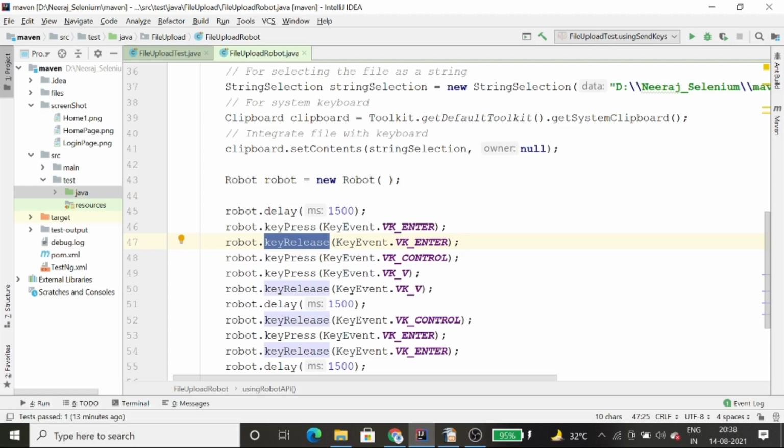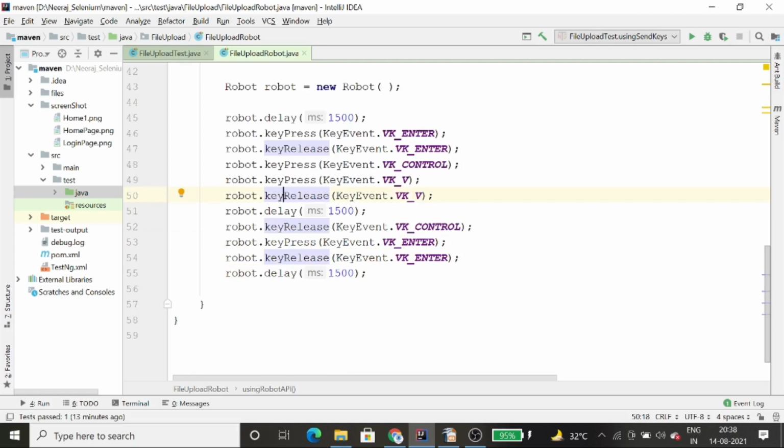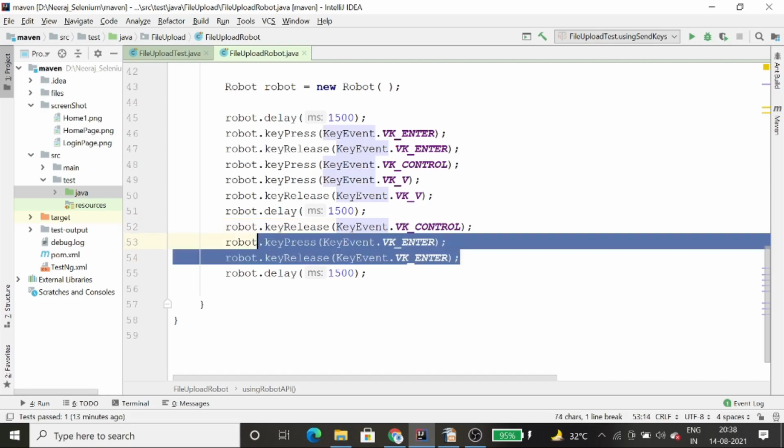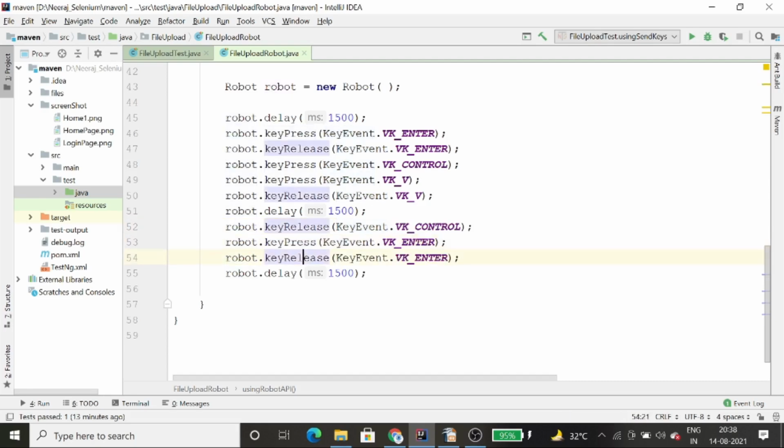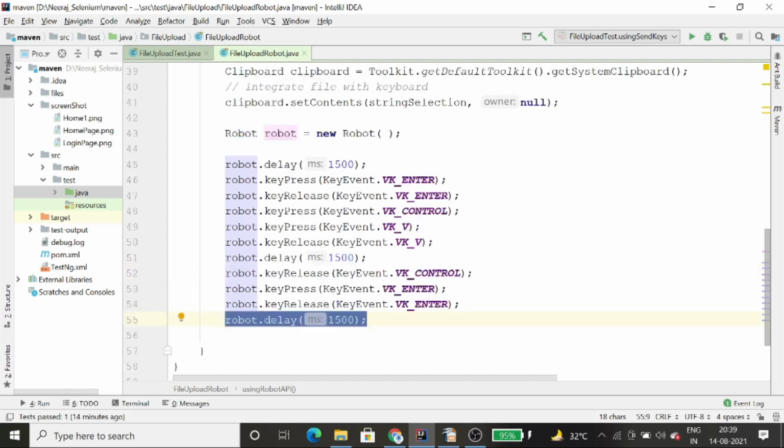After that, we need to transfer the control so that we can move to the open tab. So I have used key press and VK_CONTROL. Basically I am just transferring the control. After that, I am using the tab button, so press and release tab, and then I release my control because I reached the open tab, and then you will need to hit the enter again. So I just hit the enter, using key press and key release. After that, using a delay of 1500 milliseconds, right? So this is how we can automate the file upload scenario if the text box is not available using the Robot API. Let me run this.